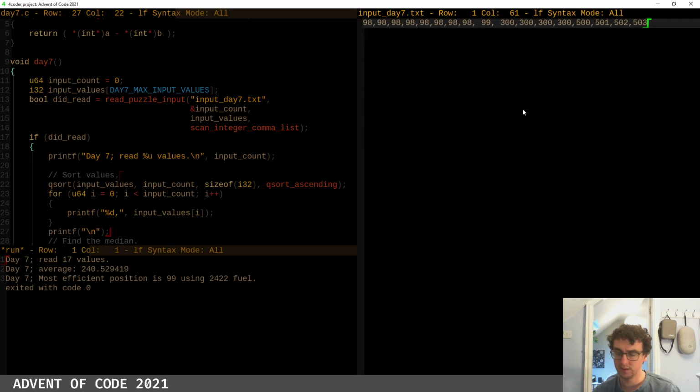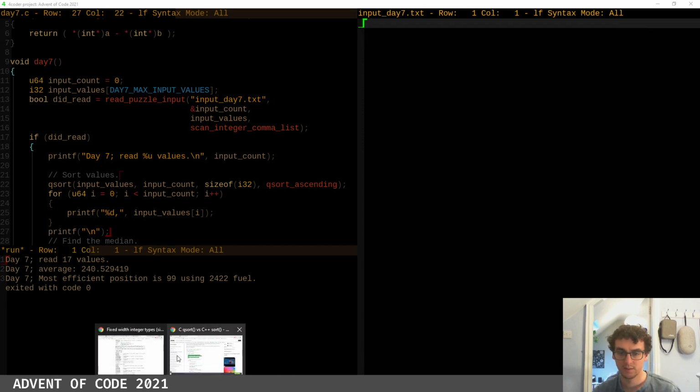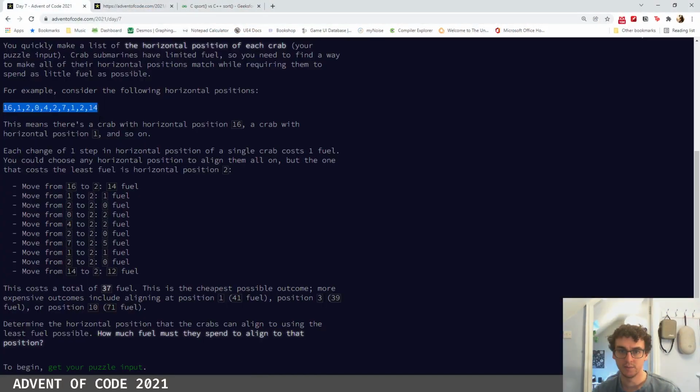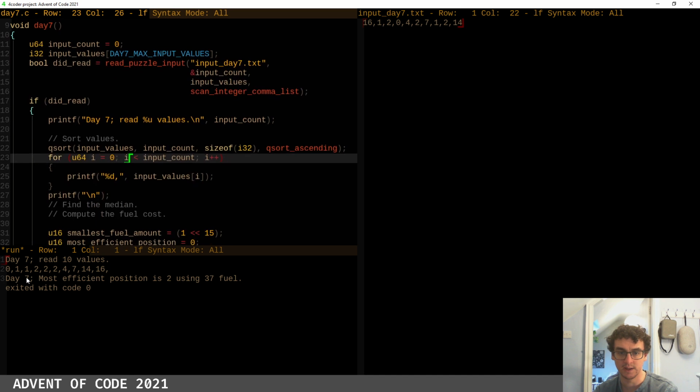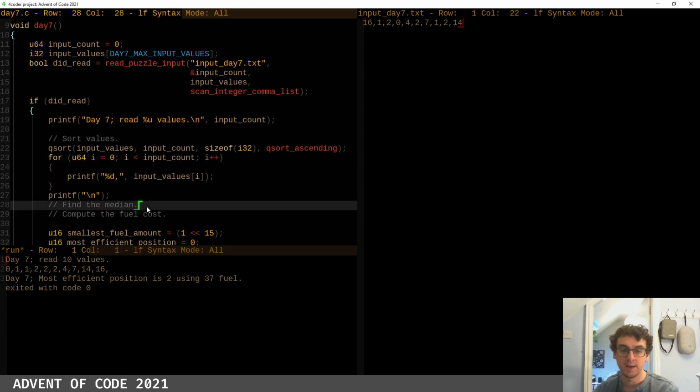So let me get rid of you. Let's get our example code, and let's compile it. 4, 7, 14. So that's sorted nicely in ascending order. And then to find the median,